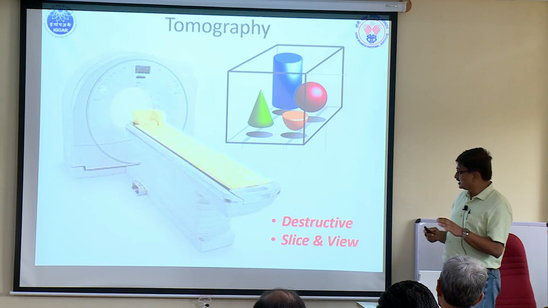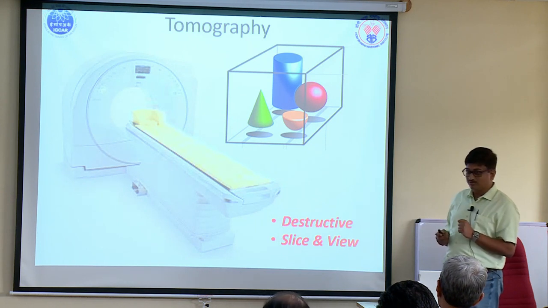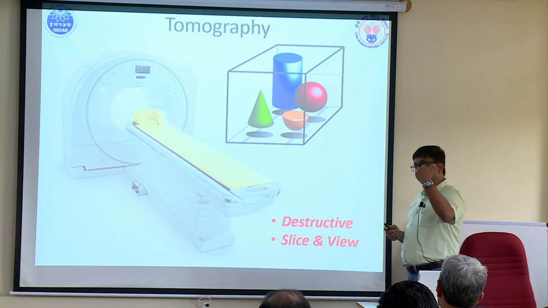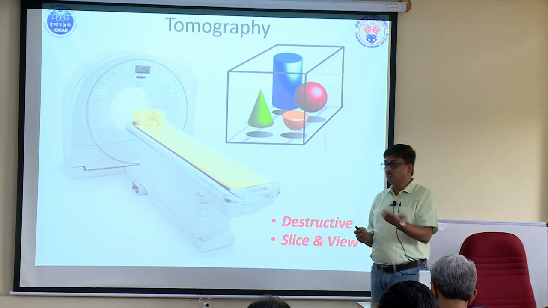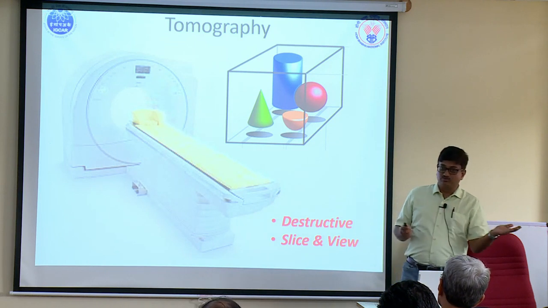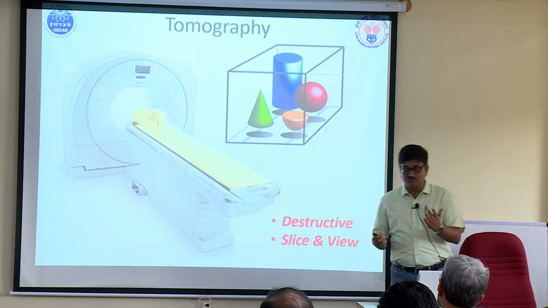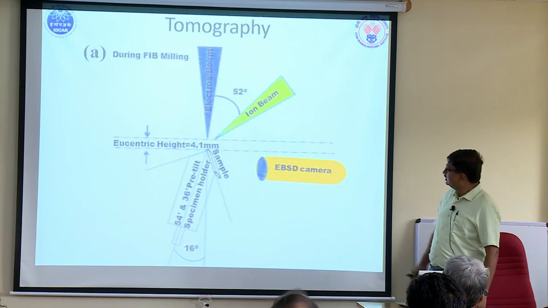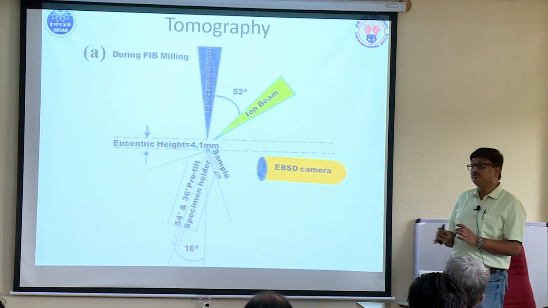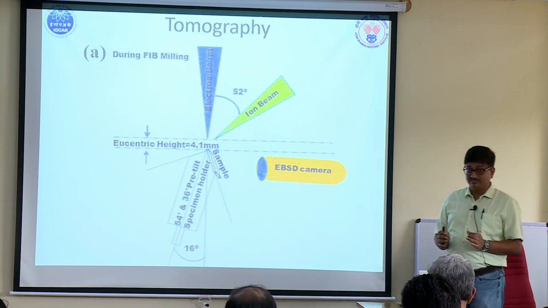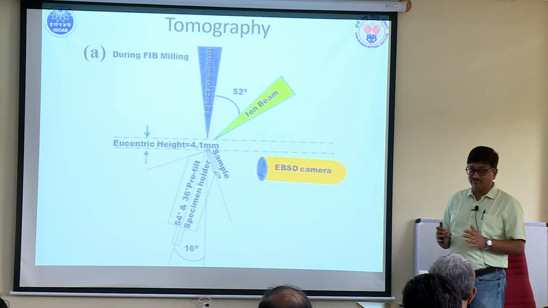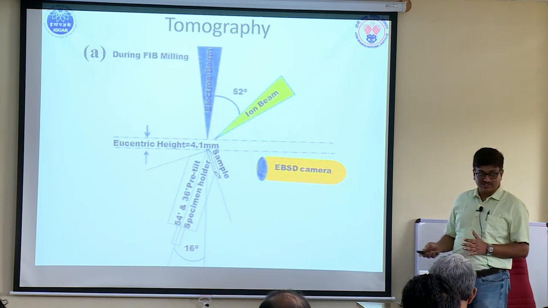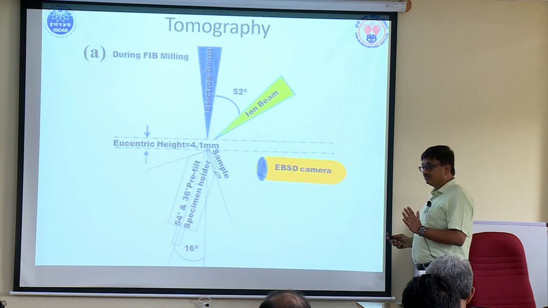Okay, this is a destructive method, unlike your computed tomography, where basically what we are doing is creating several slices. The slices are removed, analyzed and removed, analyzed and removed, analyzed and removed, and then you have a reconstruction of all the slices. Okay. So what is the geometry? The geometry, by the way, is again system dependent. What I am showing you is for an FEI microscope. If you are using a Zeiss microscope, the EBSD will be on the other side. So you have to know.